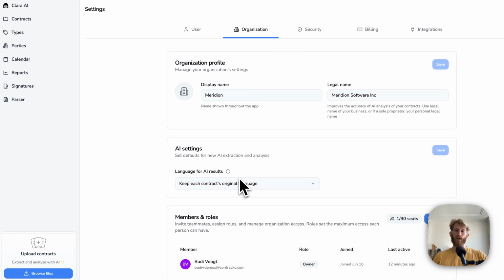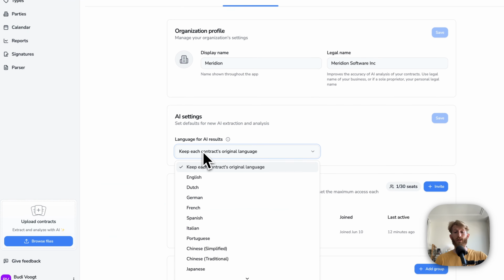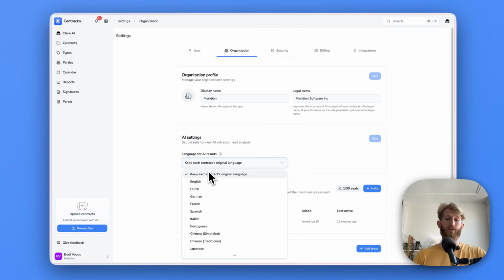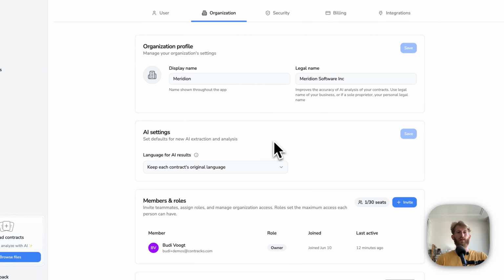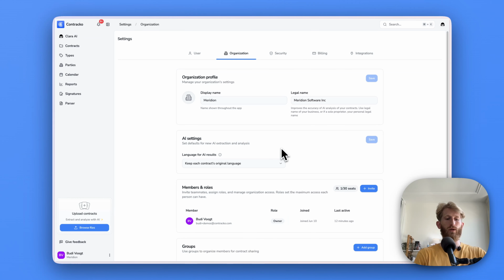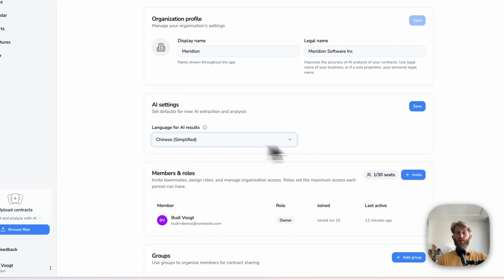Now, one of the cool features I love that also sets us apart is a translation feature. You could select to have all contracts be extracted in the document's source language. So let's say I put English in and I get English out. But you could also translate to a language of choice. This is useful for organizations who do business cross-lingually. For example, you are a Chinese-speaking company, but you deal with a lot of English contracts. You want to make sure you store and centralize those documents, but you want to get everything extracted and readable in simplified Chinese. Then you could do that by selecting this toggle.